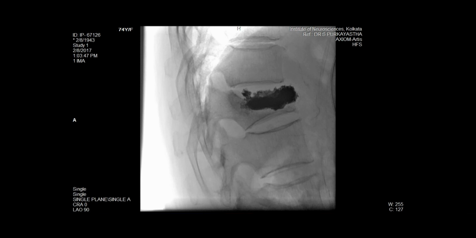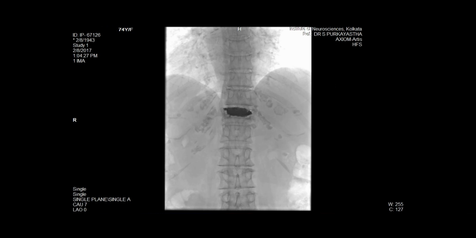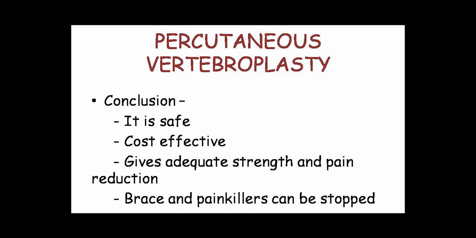And this is the slide. As you can see, AP and lateral again, after the bone cement has taken the volume of the vertebral body, and it has restored the height of the vertebral body, and it has stabilized the vertebral body. So in conclusion, I would say that vertebroplasty is extremely safe, it's cost effective, and gives